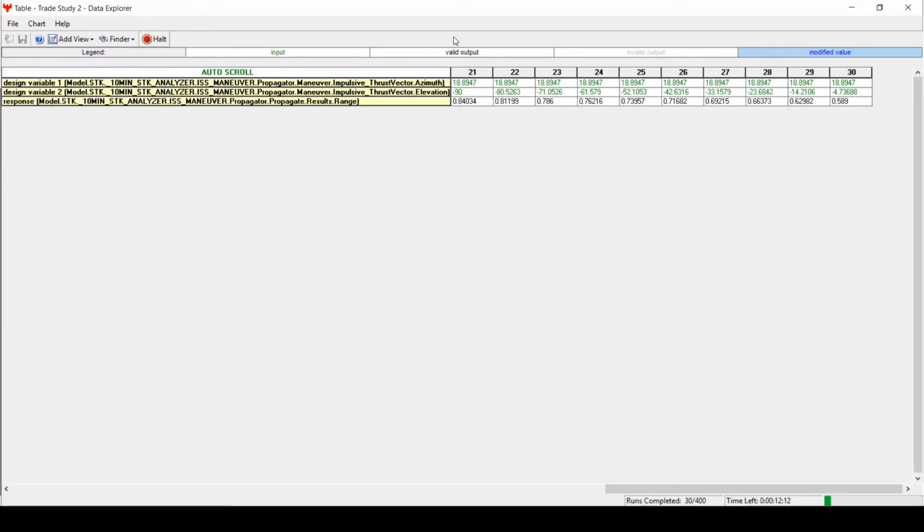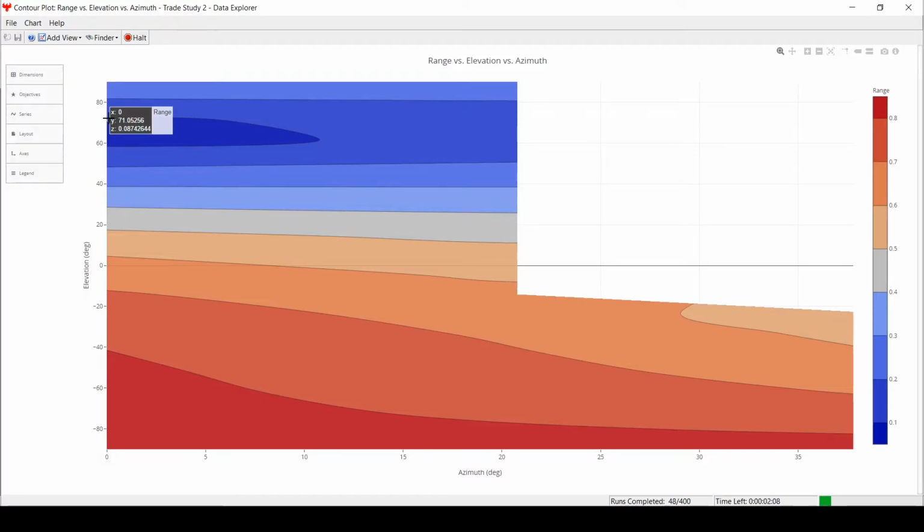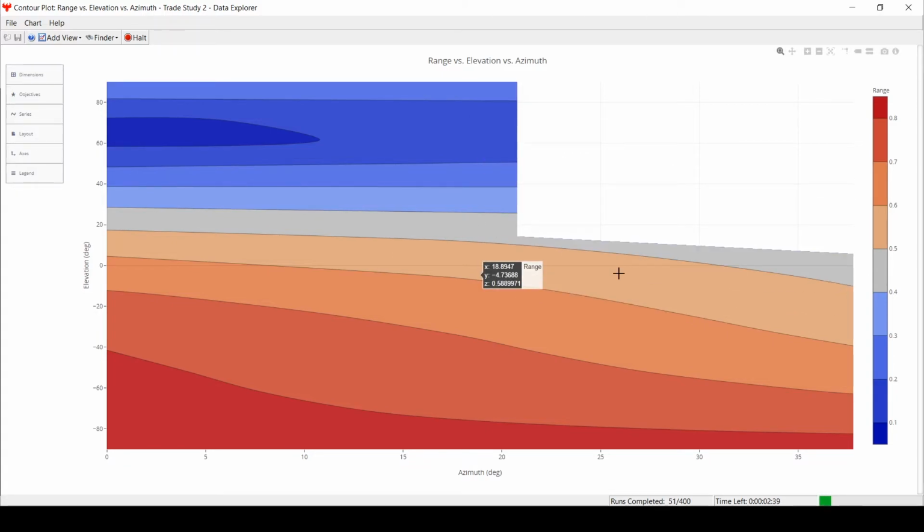Now this chart is very easy to export into Excel, but Analyzer comes native with some different graphs. So let's go ahead and add a contour plot. Okay, so you can watch this graph fill in real time, kind of interesting, and we can start to make certain